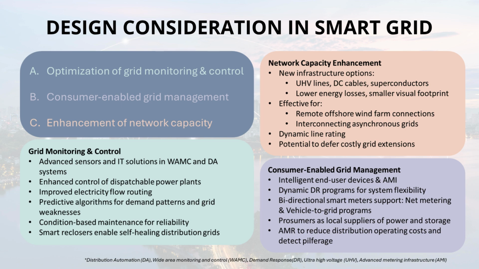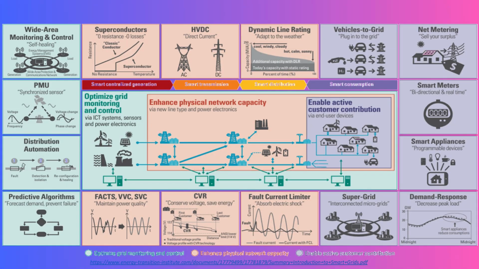Got it. And the final segment, C, enhancement of network capacity. This sounds like the physical infrastructure. It is. Sometimes you just need bigger pipes or smarter pipes. This involves new infrastructure options like ultra-high voltage (UHV) lines, advanced DC cables, maybe even superconductors eventually. These can carry more power with lower losses, especially over long distances. Useful for offshore wind. Yeah. Very useful for remote offshore wind connections